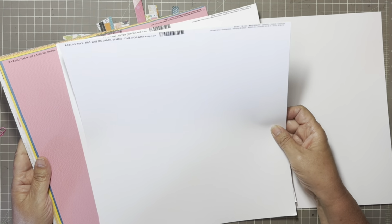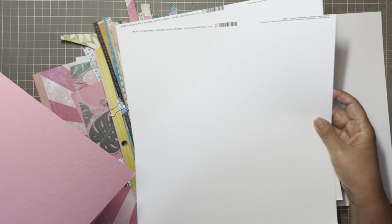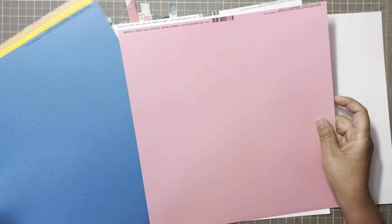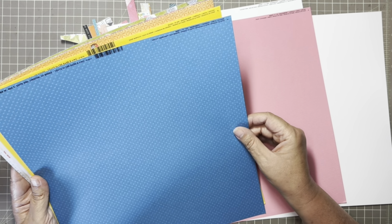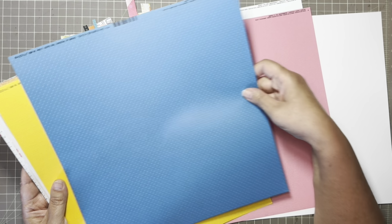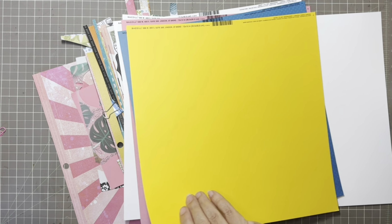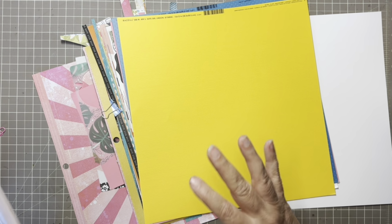I have 2 pieces of the Basil cardstock coconut swirl. I have 1 piece of the Basil cardstock in Piglet, 1 piece of the Surf's Up, and this has got a texture to it, more of a Swiss dot, polka dot. This is Basil in Desert Marigold. So these are all the cardstocks that were left over. Again, what was left over from not being used, and also the extra